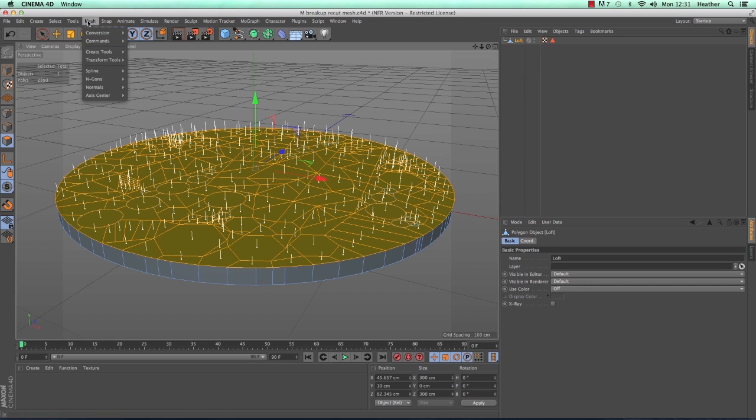To do that, I'm going to go to mesh and then conversion, and in there you have polygon groups to objects. I'm just going to click that. Now this will take a couple of minutes, and it really does depend on how intricate your mesh is, so get ready for a little bit of a wait. I'm not going to sit here in silence, so I'm just going to fast forward through this bit.